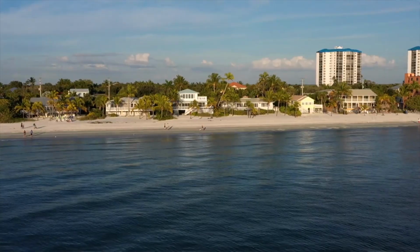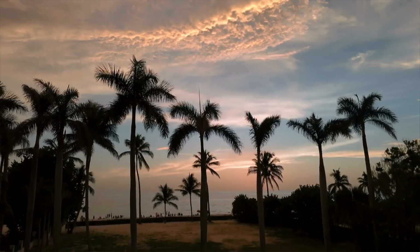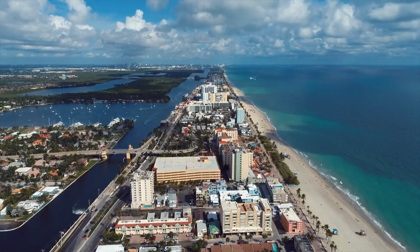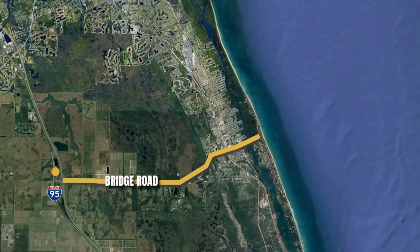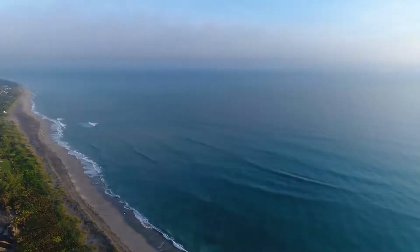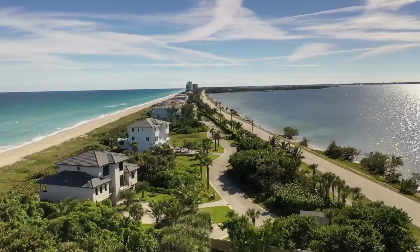In Martin County, you're never going to need a place to park to go to the beach, meaning any of the beaches you go to for the most part, but because they're so off the beaten path, you're never going to see 15 cars in that parking lot, right? And that's all of Martin County and even up into St. Lucie and Indian River counties. And you can actually walk down south from Bridge Road, the beach there, and walk all the way down, and you will hardly see anybody on that beach. You might feel like it is your giant private beach, and there's all mansions along that beach there because, again,